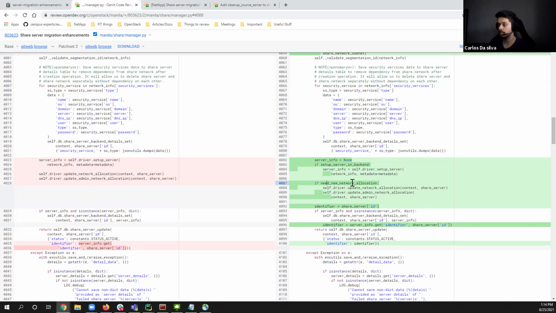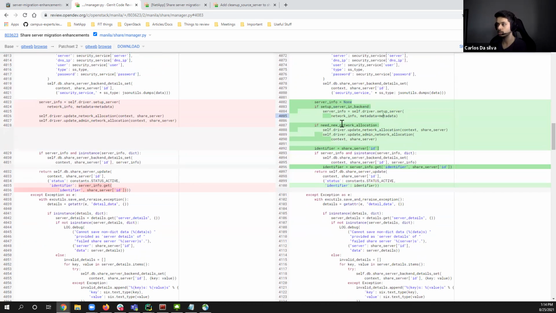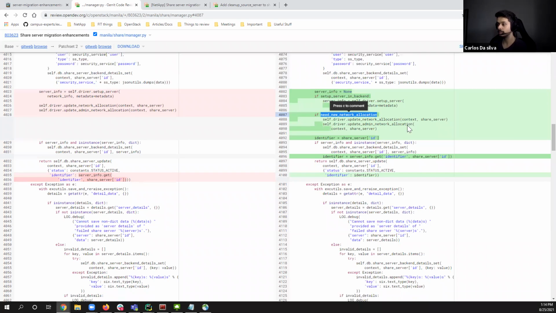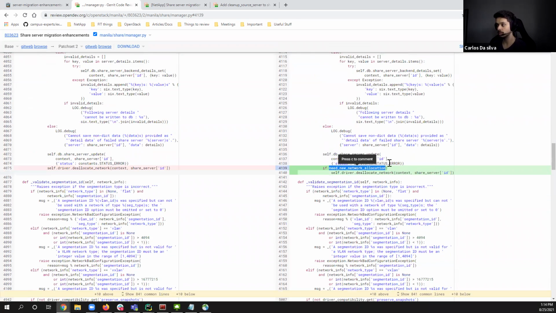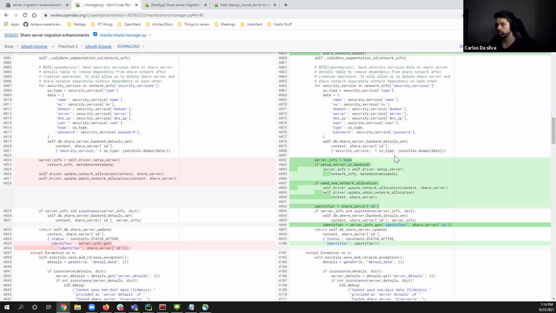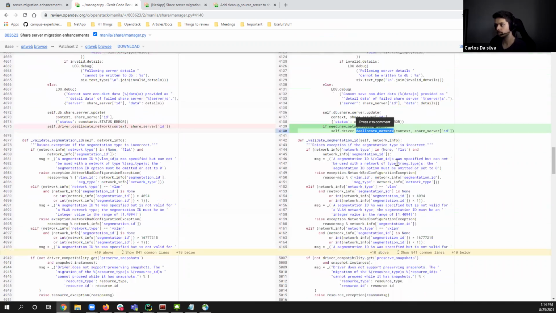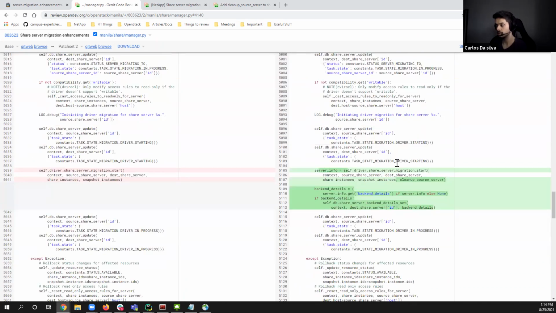So if we do not need new network allocations, we just skip this part, and then at the end of the migration complete process, we can just say that we need to update the network allocations, and we will change the relationship from the source share server to the destination share server. So if there's need to set up in the backend, we do the setup in the backend. If there's need to allocate a new network, we can just ask for a new network to be allocated. And in case it fails, only if a new network allocation was added, we just deallocate it in the setup server. And as I said, in the migration complete now, we are basically